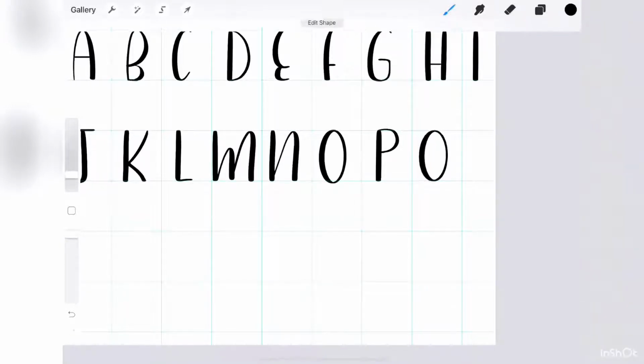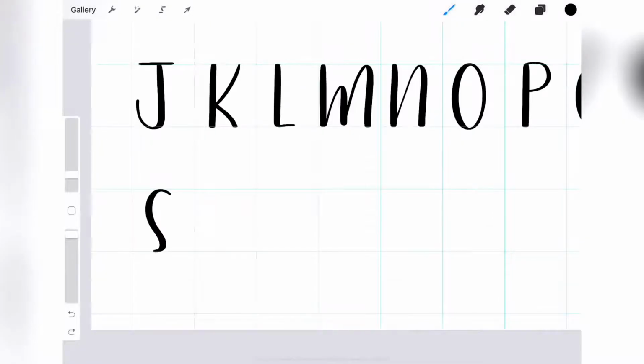So basically we have to repeat this process again and again. Once you're done with your lettering, you will go ahead and send it to your PC via AirDrop or through Dropbox. Once you're done with that, we'll import it to Illustrator and then start working on the image trace option. And once we're done with that, we'll bring it to the FontSelf extension and I'll tell you how to import and how to space and kern in FontSelf. It's a very easy process, and once we are done with that, our font will be ready.